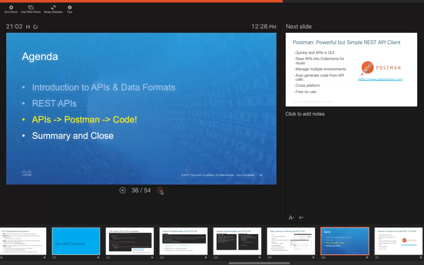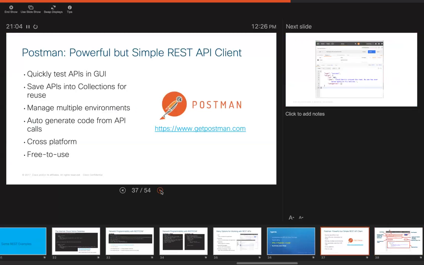So let's go look at Postman. Again, Postman is a great, simple API client. And so this is a good place for me to pause as you go into this website. If you don't already have it, just go ahead and grab it. What I'll do in the next couple of slides is walk through the interface. If you go to getpostman.com and download it on your machines, we can go through some of these together. My goal would be to give you some URIs to try yourself to make sure you're getting the same response as I am.